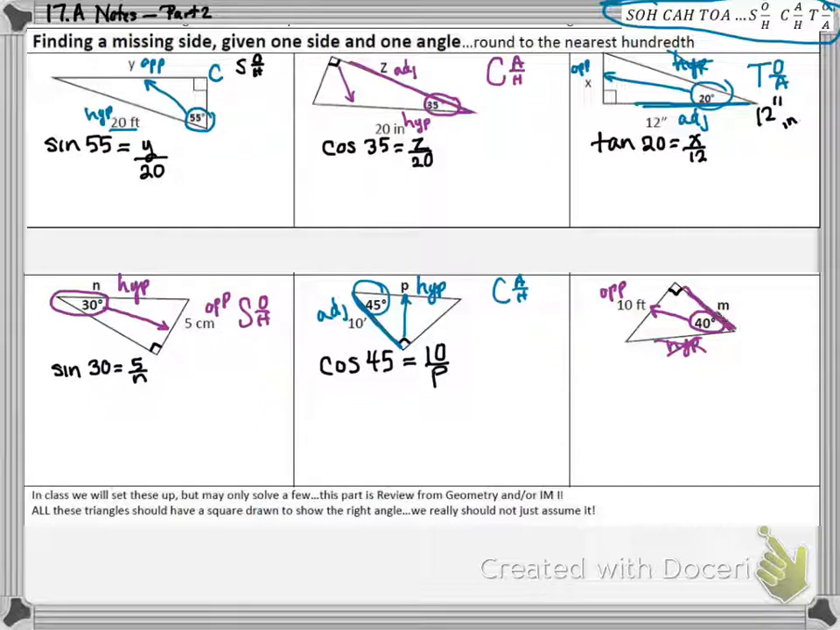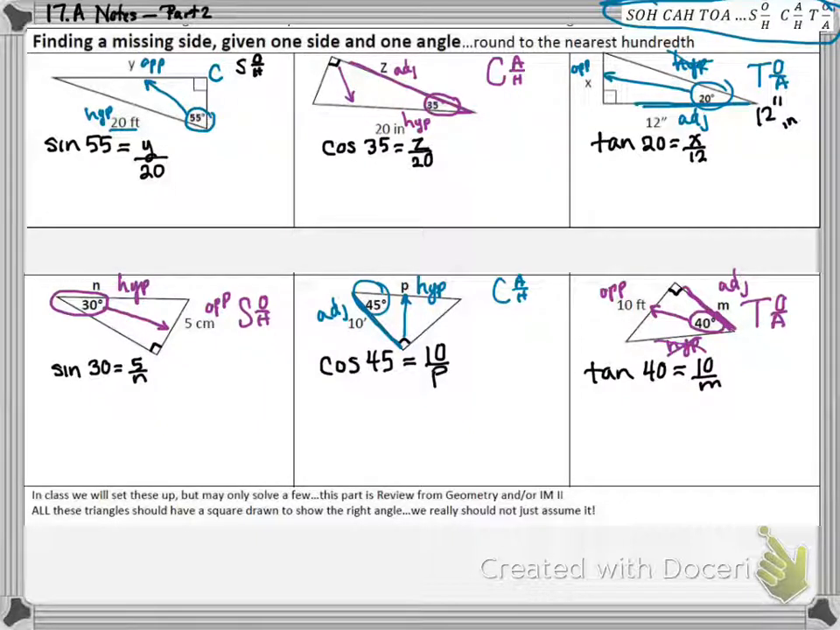Adjacent, touching the 40-degree angle, is the M. Opposite and adjacent is tangent. Tangent is opposite over adjacent. Let's do the setup for this problem. We're going to say tangent of the only angle I know equals the side that's opposite over the side that's